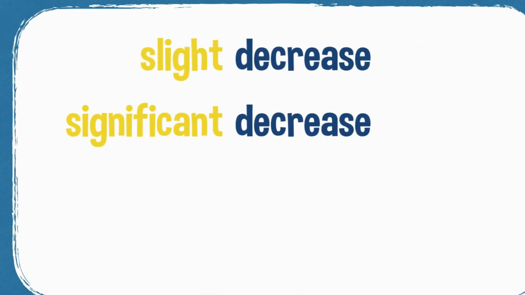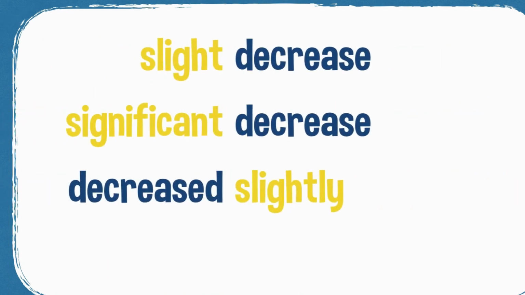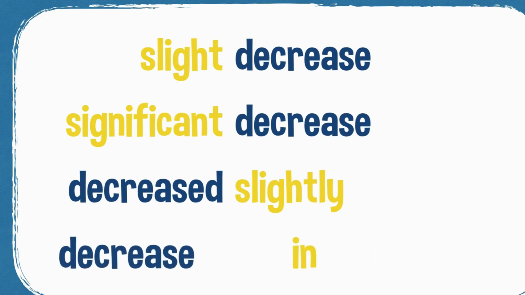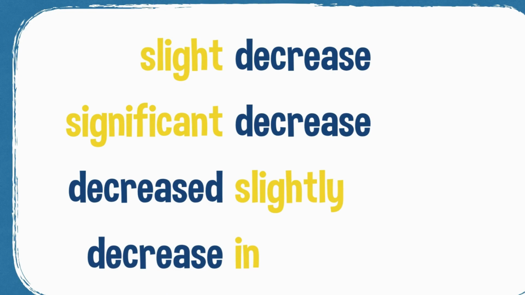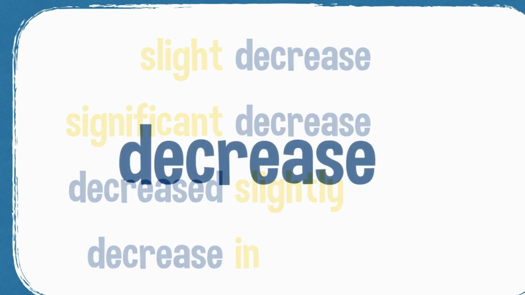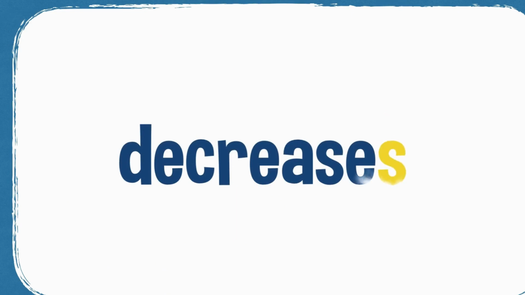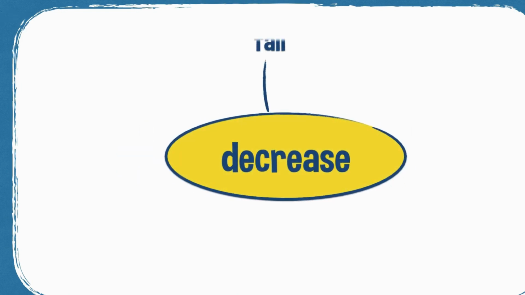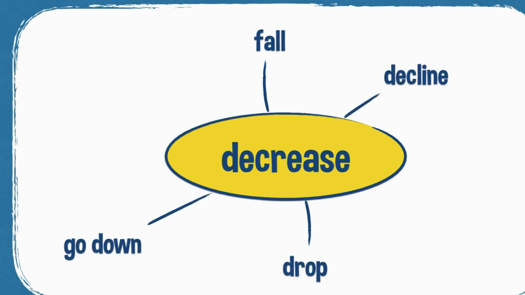These are common collocations: significant decrease. If you're using decrease as a verb, you can say decreased slightly. And as a noun, there was a decrease in. So here's the noun, and as a verb, decreases, decreasing, decreased. Some synonyms for decrease: fall and drop, decline, go down,